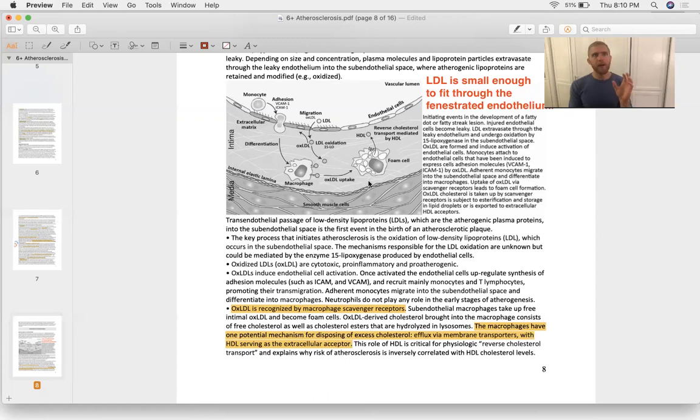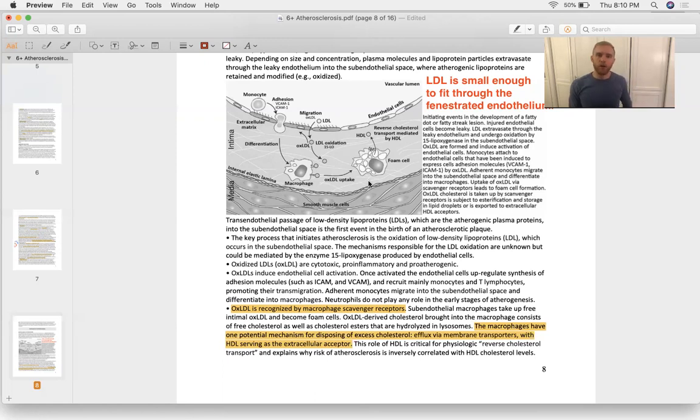And that's going to be your, I think it's ABCD, ABC something, it's in the hyperlipidemia SDL, and the HDL is going to bind to that with its LCAT. So LCAT is in the HDL particle, and LCAT stands for lecithin cholesterol acyltransferase. And what LCAT does is it's going to